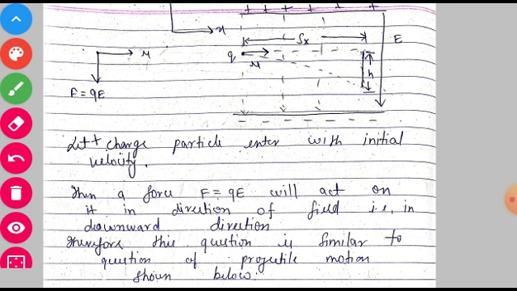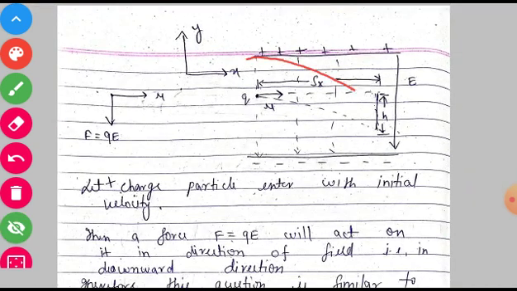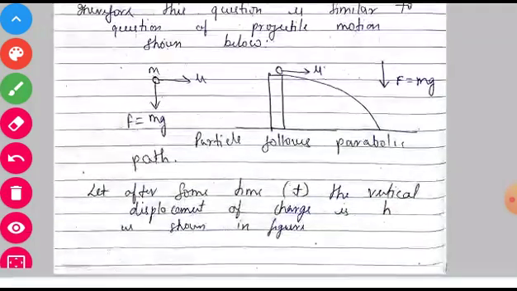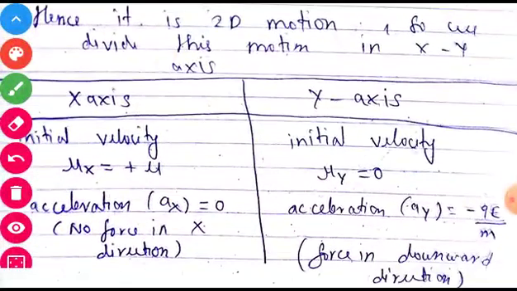Now we all know that this is a two-dimensional motion. So what is the strategy for solving the two-dimensional motion? We break the motion in two parts, along x and along y direction. That's why I have assumed the horizontal direction as x direction, and this vertical direction is the y direction, and we write all the values in x and y separately. So I'm just going to do that. So hence in a 2D motion, we divide the motion in xy axis. So I have written the data of x axis and I have written the data of y axis.